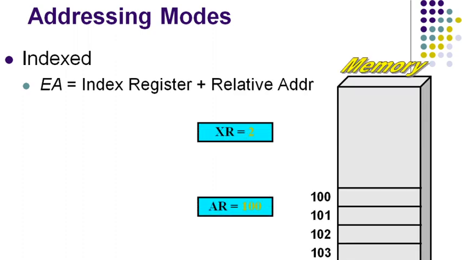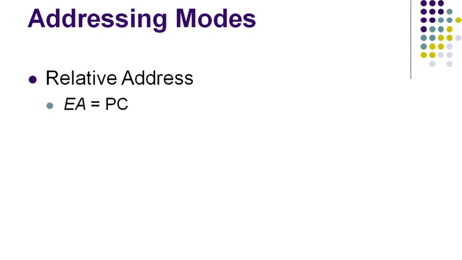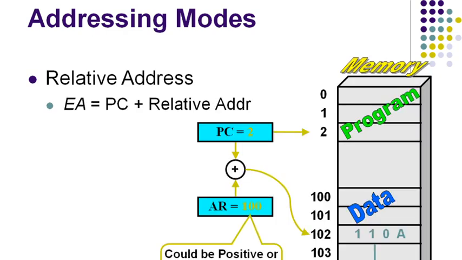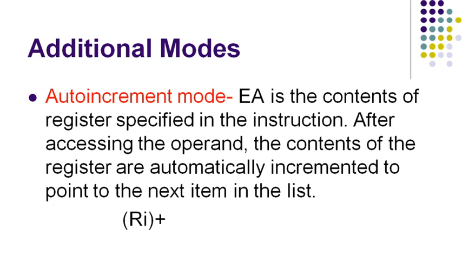Just observe this slide to understand the flow, how the offset effective address will be calculated. So far we have discussed 5 basic addressing modes: immediate, register, absolute or direct, indirect and index. That is found in most of the computers. Now many other computers provide additional modes intended to aid certain programming tasks. The two modes that we are going to discuss now are useful for accessing data items in successive locations in the memory. Those two modes are auto increment mode and auto decrement mode.